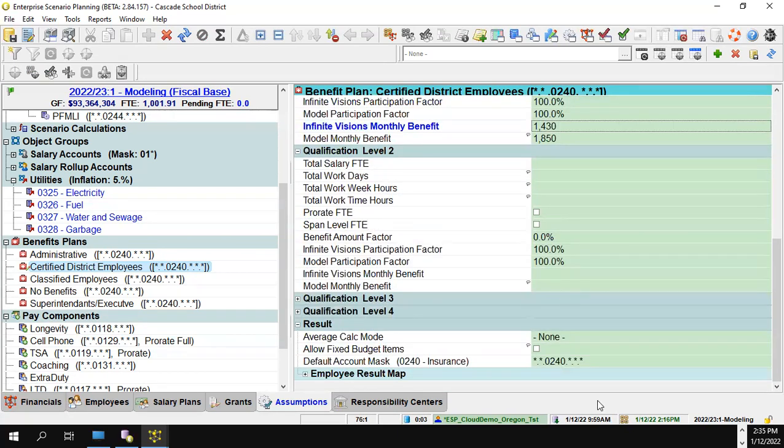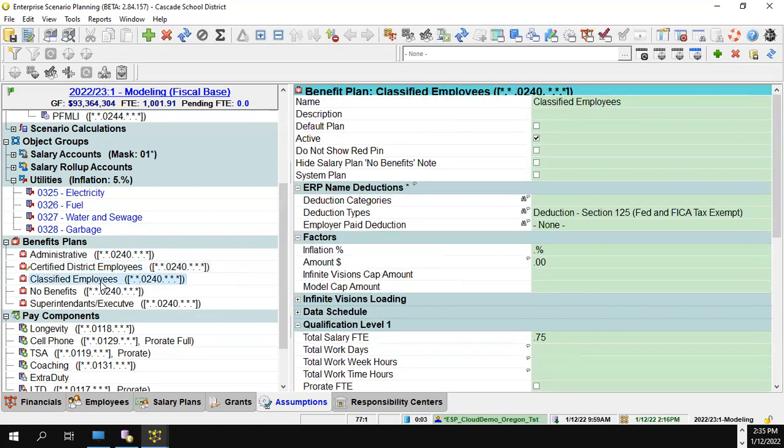And then at the bottom, you have the 240, where all of these values get played. They're all separate on the employees, but they will all roll into 240 on the financials tab. And remember, this is a monthly benefit number here. It's kind of different than anything else we do. It's based on their monthly benefit. And then the certified employees, classified,